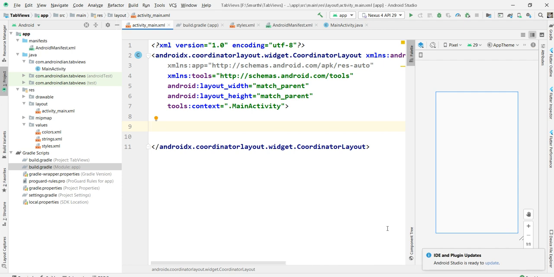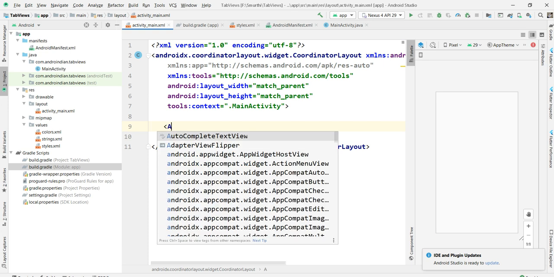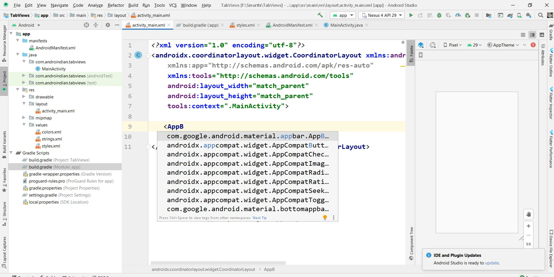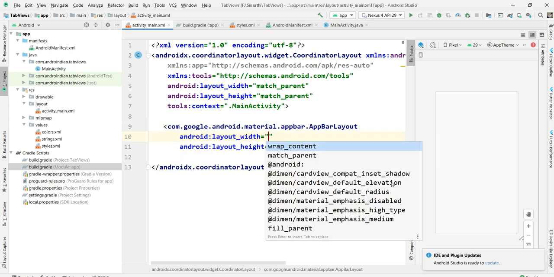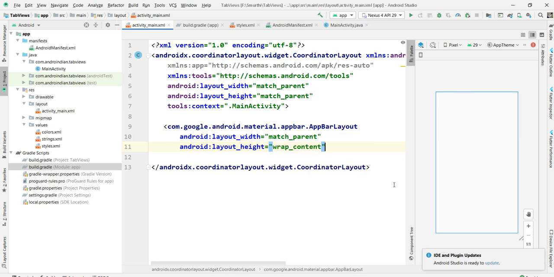Now within this coordinate layout, we require an app bar layout, match parent, wrap content. So I'm creating this with match parent, wrap content, and this is done.